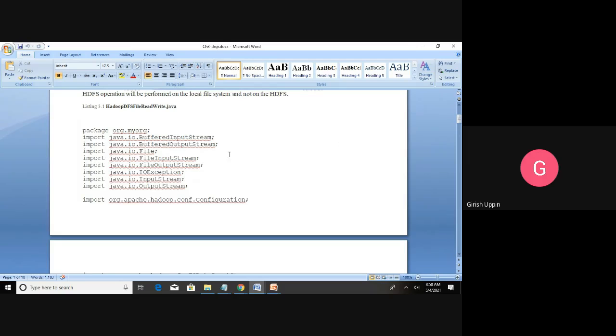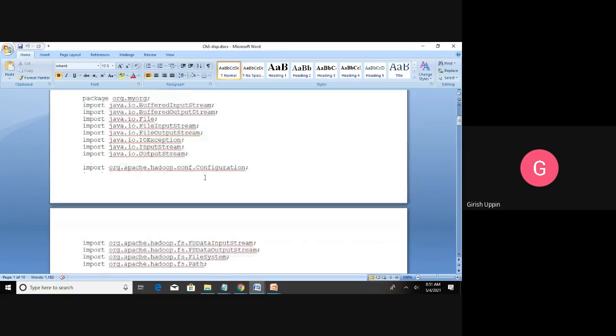So this is the Java file. We are creating a package org.myorg, and we are importing all this. java.io BufferedInputStream, BufferedOutputStream, File, FileInputStream, FileOutputStream, IOException, then InputStream and OutputStream. So this will be required for reading and writing the files and for streaming purposes.